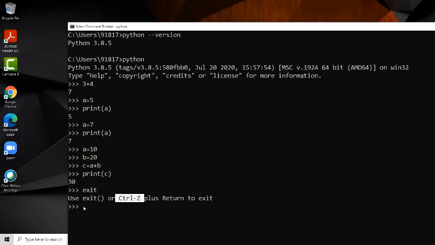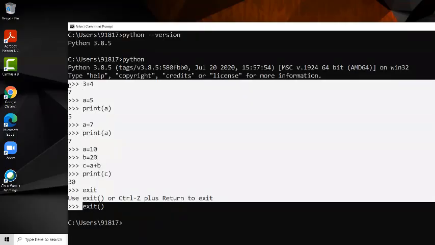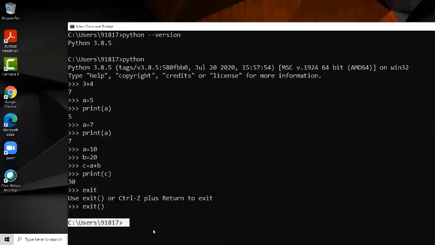So type the parentheses also. Then you are exiting to the previous simple command prompt. So this is the Python shell, and this is your command prompt. Now you are back at your command prompt.